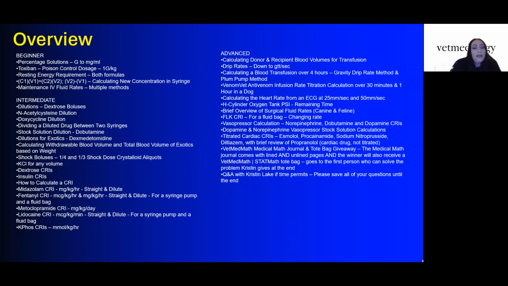More intermediate math, dilutions with dextrose boluses, N-acetylcysteine dilution, doxycycline dilution, dividing a diluted drug between 2 syringes, stock solution dilution for dobutamine, dilutions for exotics with dexmedetomidine, calculating withdrawable blood volume and total blood volume of exotics based on weight, shock boluses, quarter and third shock dose crystalloid aliquot, KCL for any volume, and